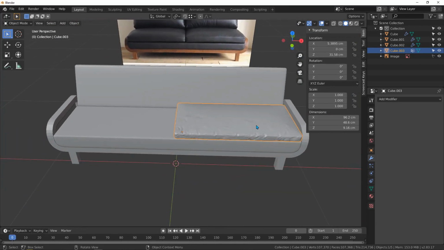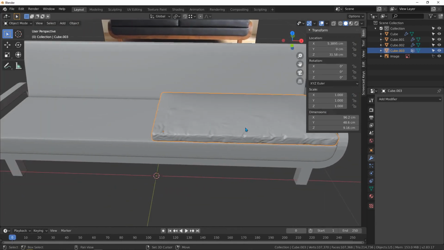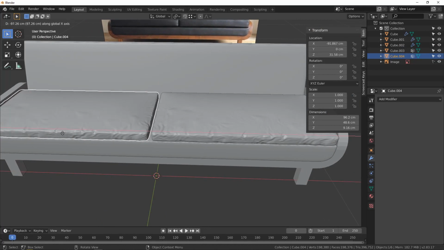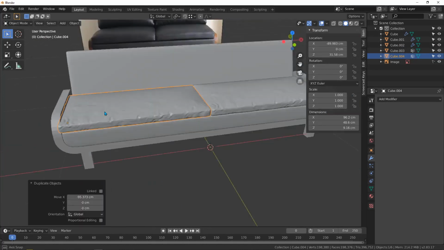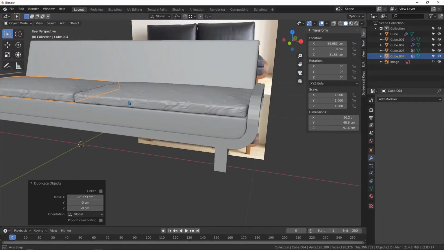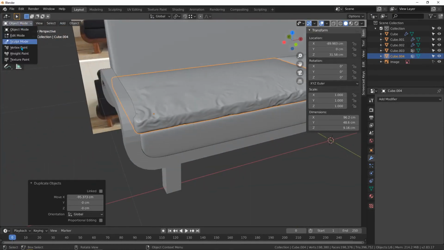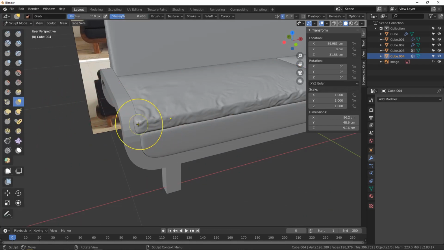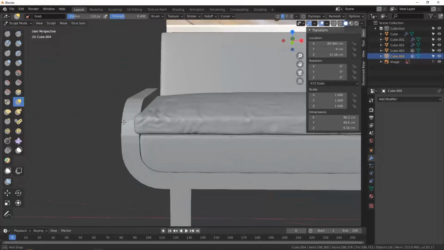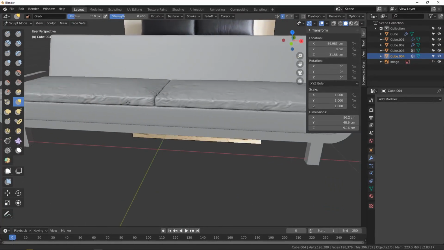Let's duplicate this piece. Hit Shift D and take another one on the other side, right here. And as you see, it's very big. Let's switch to the sculpt mode, and let's use the grab brush. Maybe I need to push these a bit, or maybe